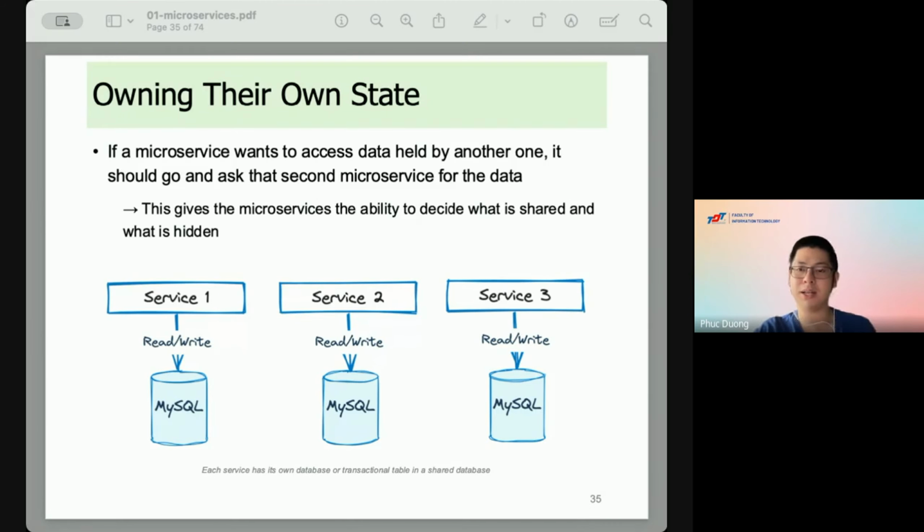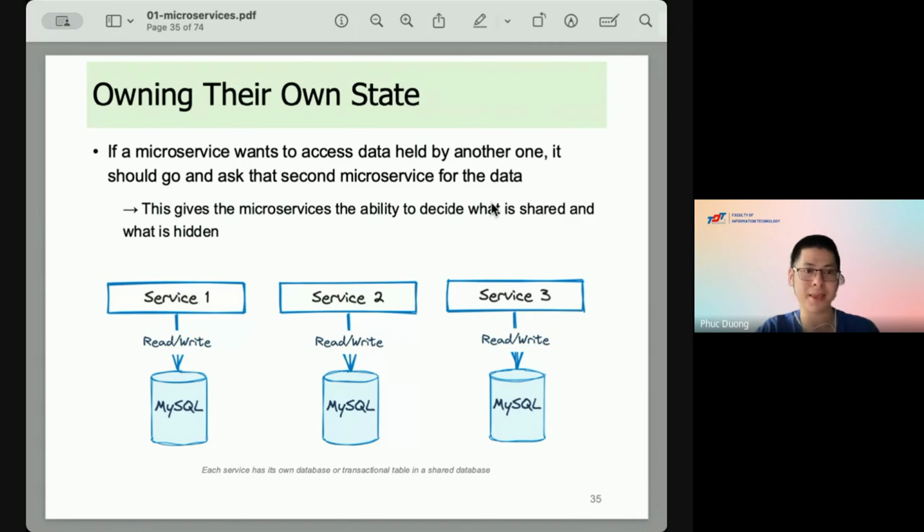As I mentioned earlier, if a microservice wants to access data held by another one, it should go and ask that second microservice for the data. This approach gives the microservice the ability to decide what is shared and what is hidden. This also allows us to clearly separate functionality so that you can freely change your code without affecting the other members in your group.